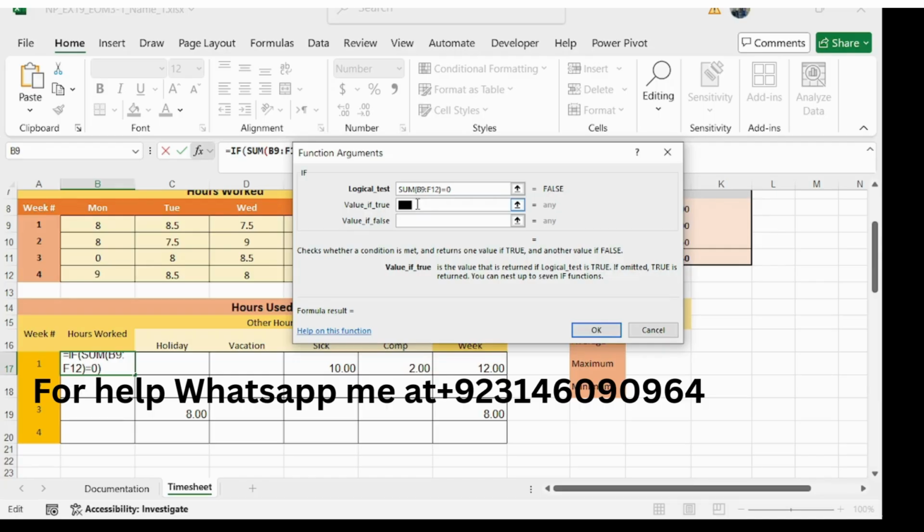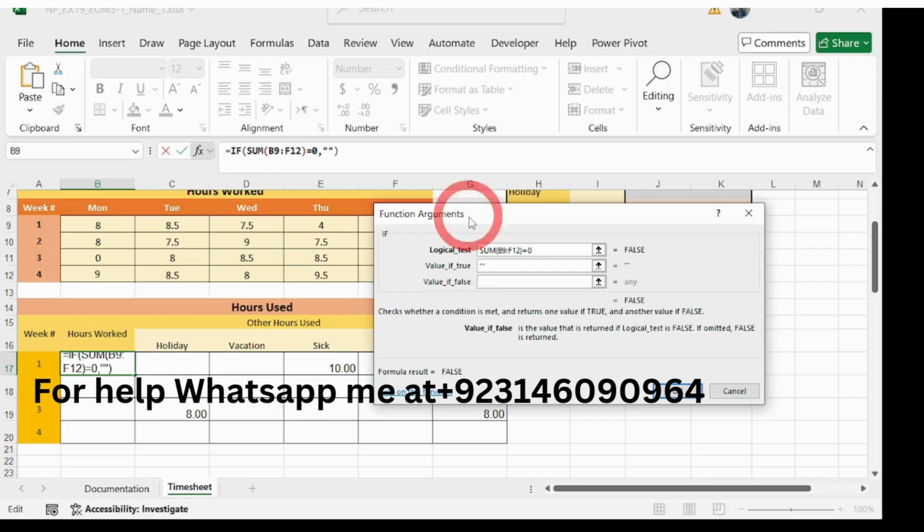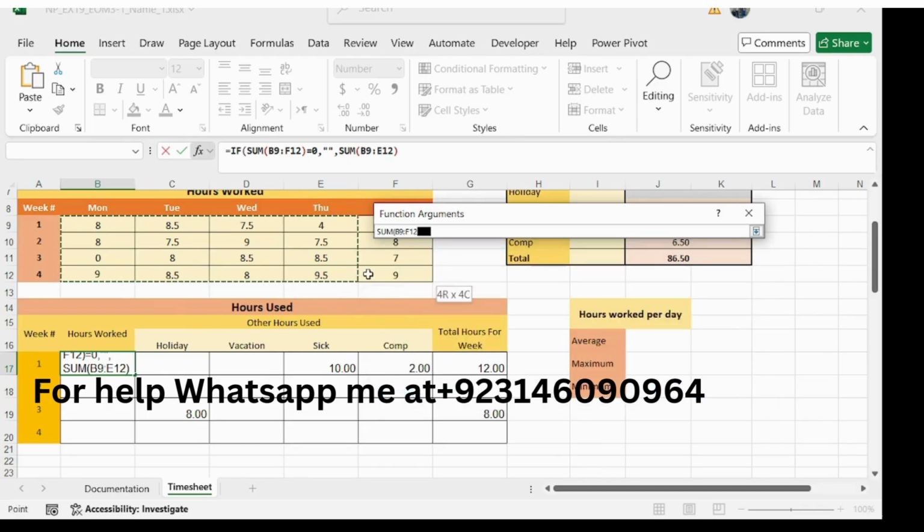So type inverted commas two times. And value if false, then return the total number of overs. Our total number of overs is sum. Open the bracket and select the range B9 to F9 like this.